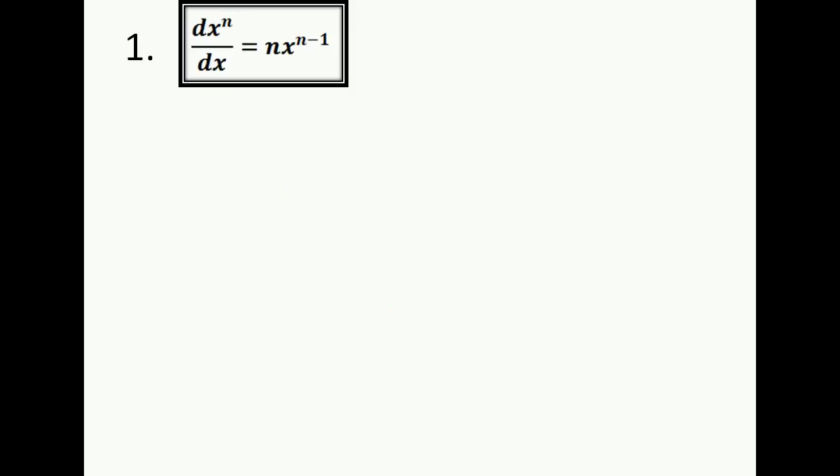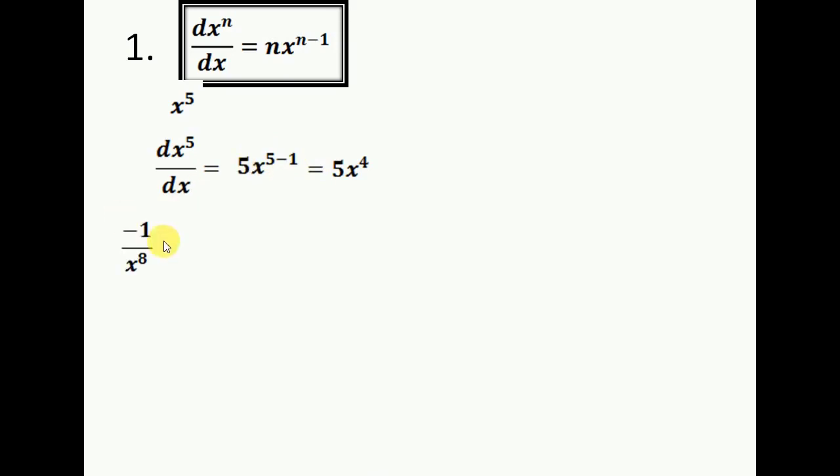So first formula is d/dx of x to the power n is n, then x to the power n minus 1, and I'll subtract 1 from this n. So first I have to write this n, then x to the power n minus 1. Let's differentiate x to the power 5 then. I'll write n first, that is 5, and x to the power n minus 1, that is 5 minus 1. So I'll get 5x to the power 4. So you can directly write 5x to the power 4. You can skip this part.